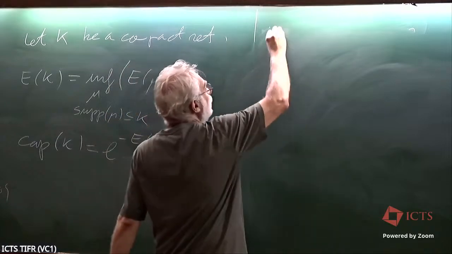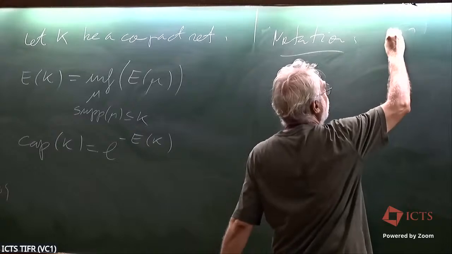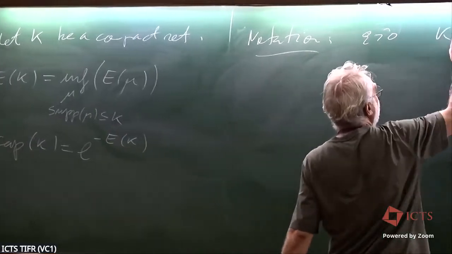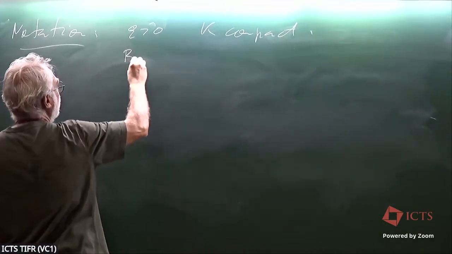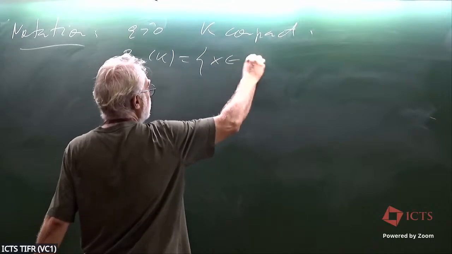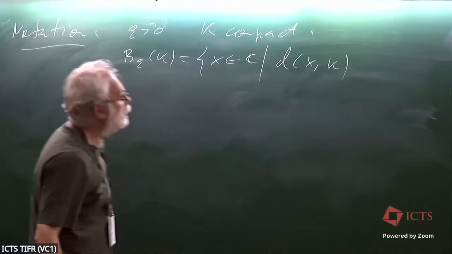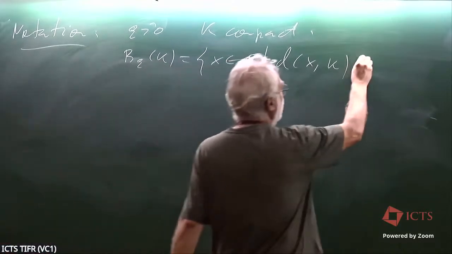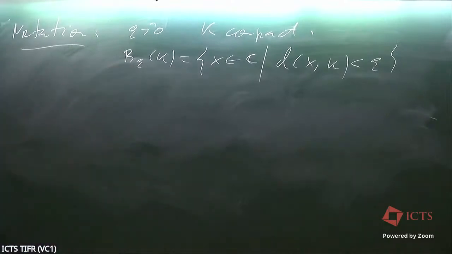So now a notation. If epsilon is bigger than 0 and K is a compact, I will write B epsilon of K. This will be just the set of x inside C such that the distance between x and some point of K is smaller than epsilon. Okay, so this is just an epsilon neighborhood of my compact set K. Okay? And then we have the theorem